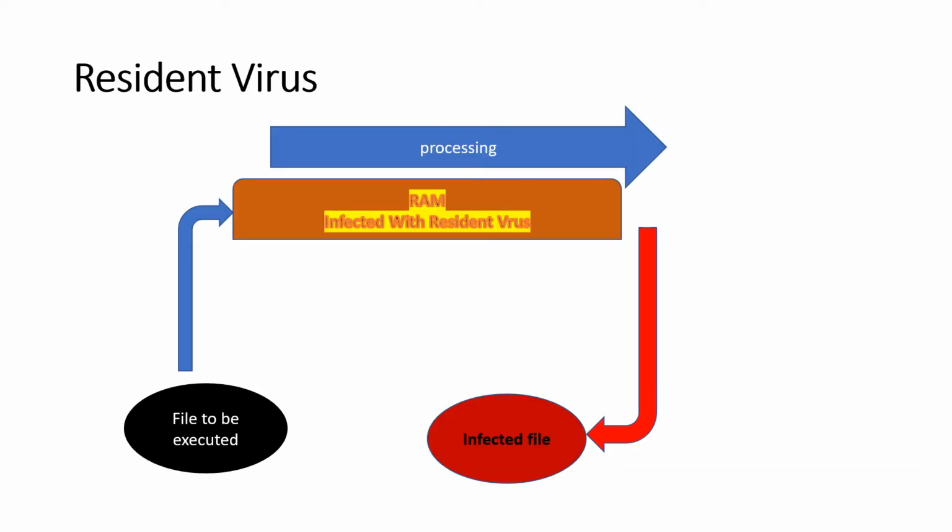Resident virus resides in a computer's memory. Here in this figure, if a normal file is infected by a resident virus, the resulting file will be an infected file. This virus sets up shop in your RAM and interferes with your system operations. They are so clever that they can even attach themselves to your antivirus software files. Some examples are Randex, CMJ, etc. This resident virus is very dangerous.